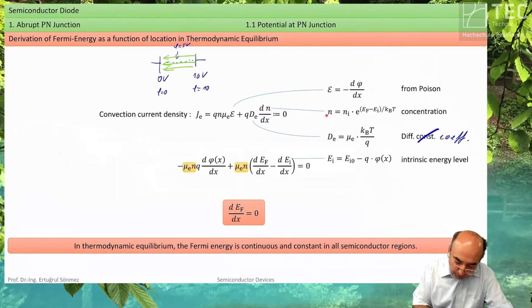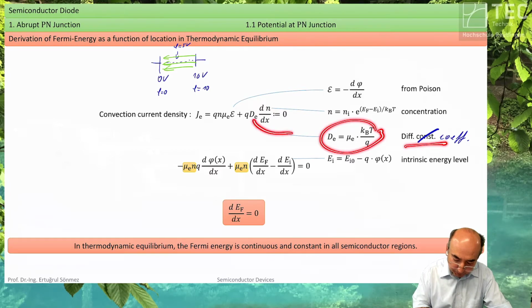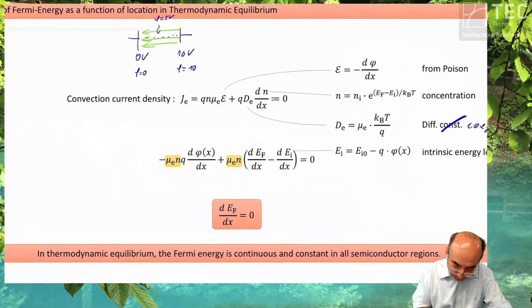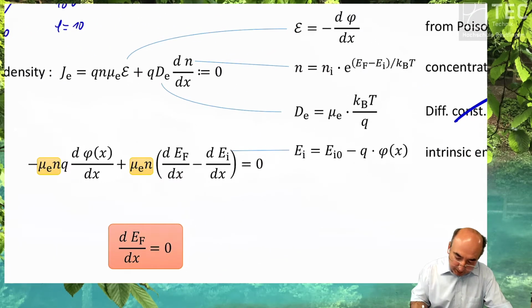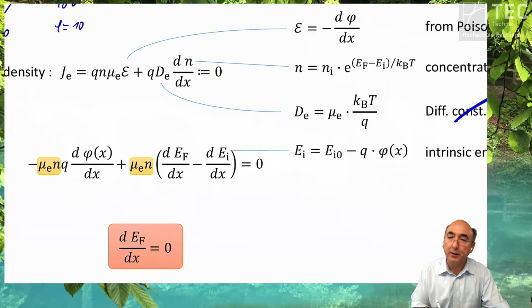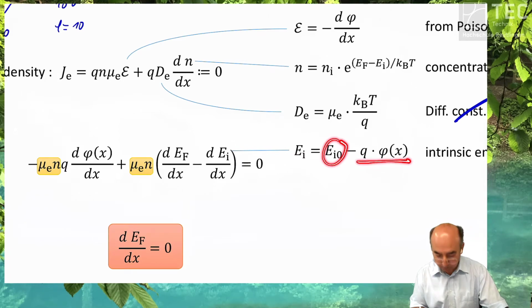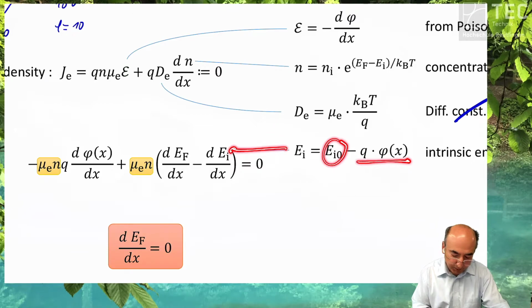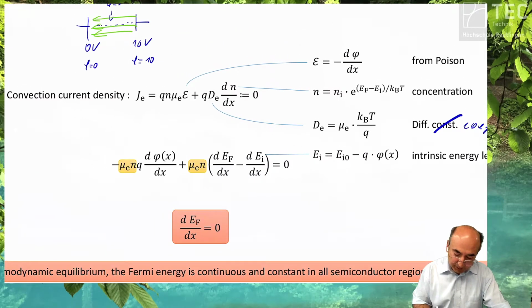Okay, so we put in here, and the diffusion coefficient we also know, we put in here. And then we end up having this one and this one. What is the equation for the intrinsic energy level? It is a certain level and it changes with the location. So we put in this equation also here. And if we do these derivatives, we end up that